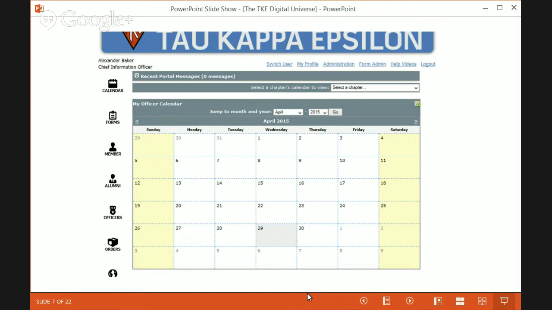And so this feature is designed and built so that chapters can put this in, and it's all in one simple spot. The nice thing, and the thing that I'm very excited about with this, is all of our systems are derived essentially off of the same database. And so by populating this information in here, we're able to pull that information and put it in other places across the system, which we'll explore later as we go along. So that is the chapter module quickly. You can reach that at module.tke.org.